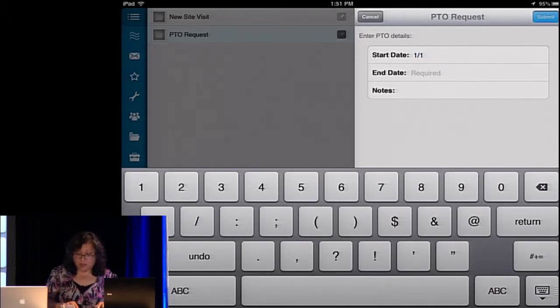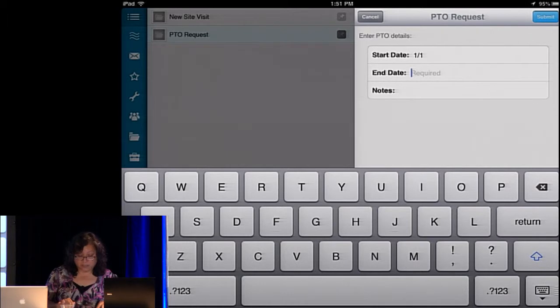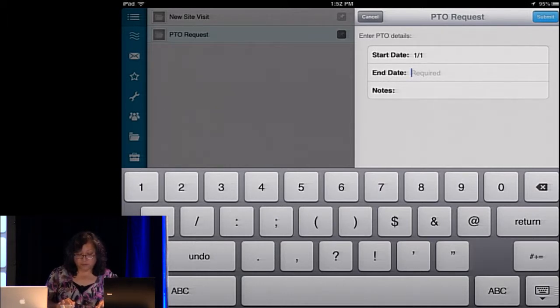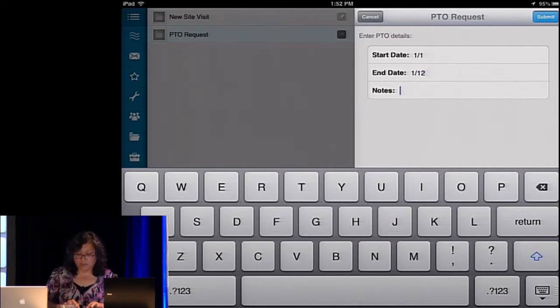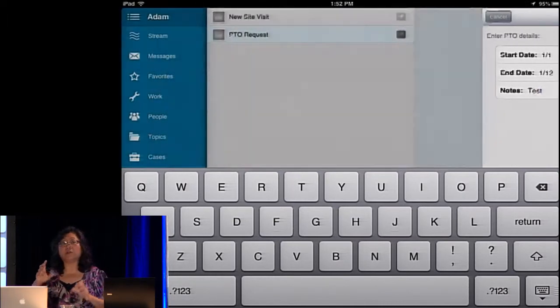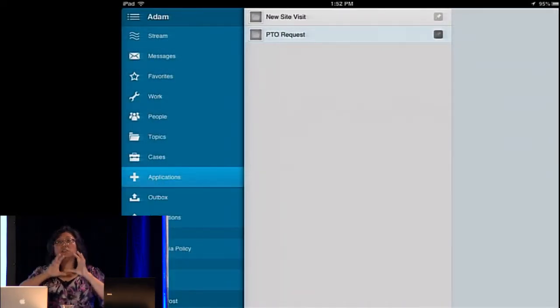And again, if you think about what a PTO request might involve in that type of a world, you're typically having to not just inform people that you're going to be out, but you're also having to do things that deduct, say, time off accruals.